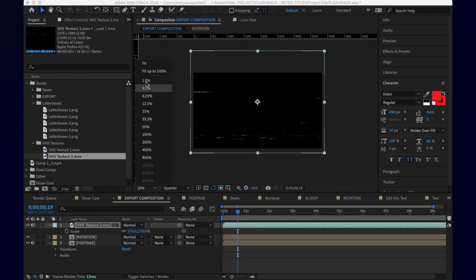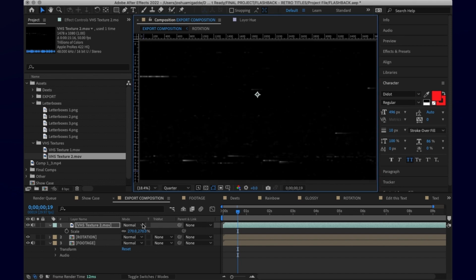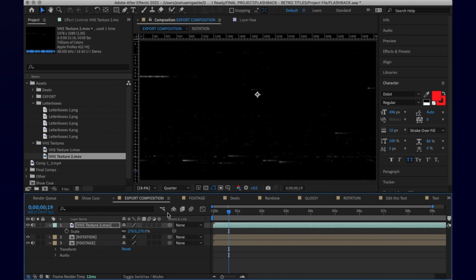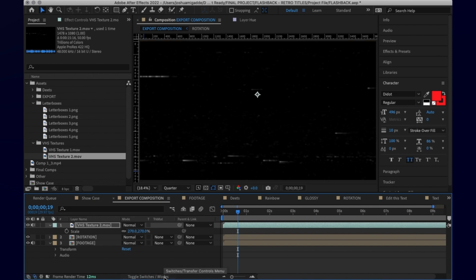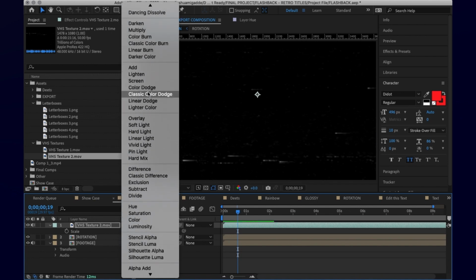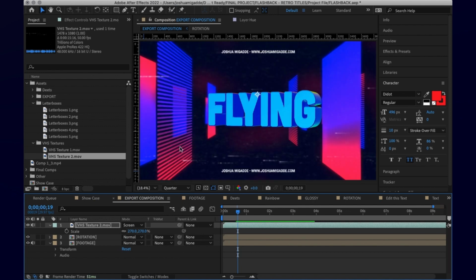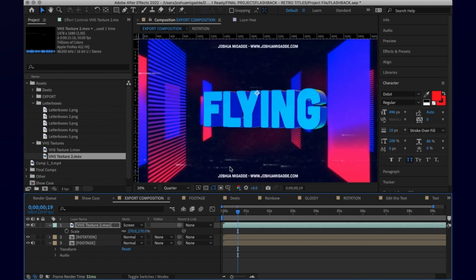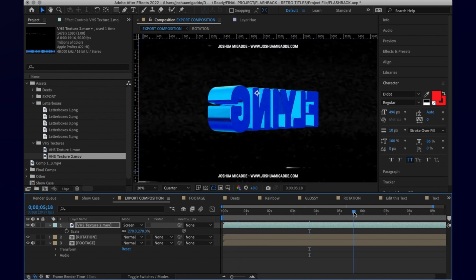And I'm going to use blending modes. I'll have to toggle my switch. Some of you may be in this kind of toggle switch view. I'll come here to my mode and I'll change the blending mode to screen. Immediately I put it in screen, you see I'm having that kind of VHS retro texture and it will be moving